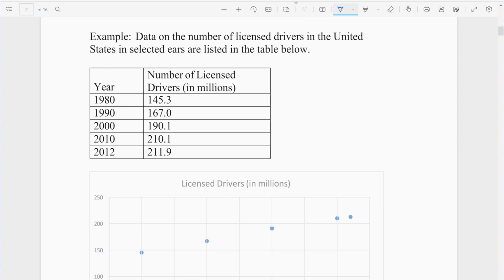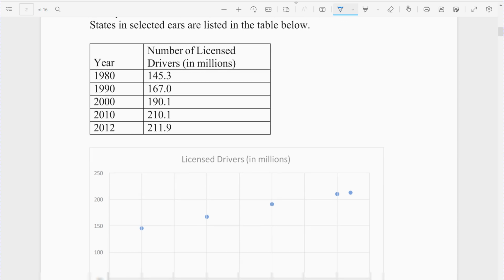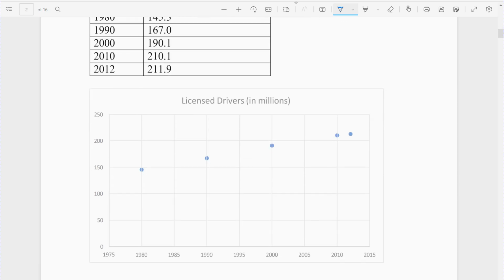1990, 167, and so on to 2012, when 211.9 million people had a driver's license. Again, you look at the numbers here: as the time goes up, the numbers go up. And so the data here was plotted. Each one of those points represented